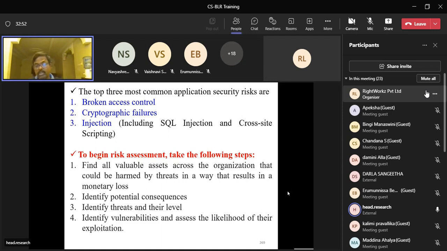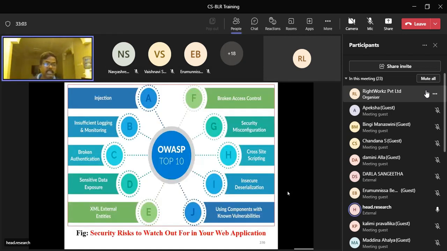the type of threats and vulnerabilities, and anything that happened in the organization. So these are the security risks